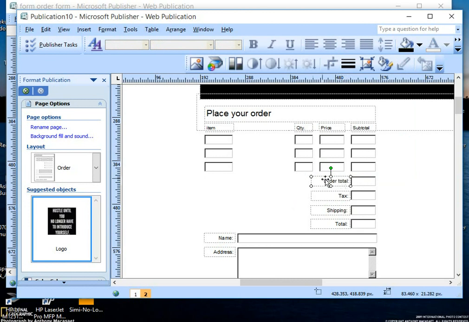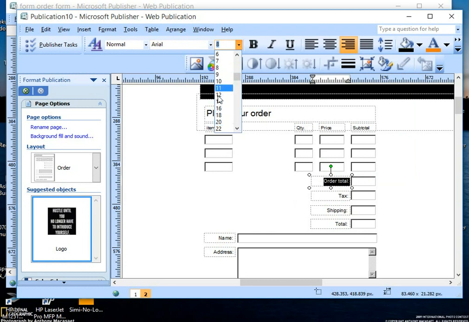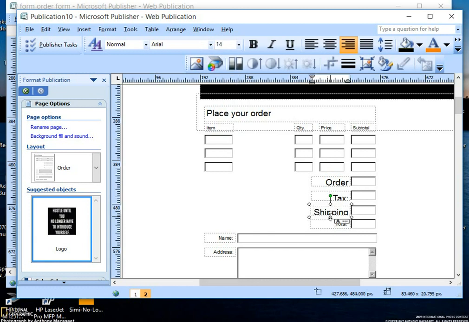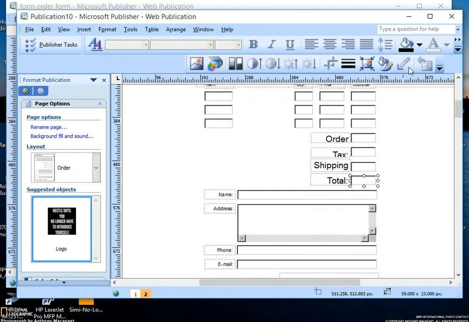Orders, order total. You can subverse to that. Tax, you can increase. Shipping, total. So you can start having your